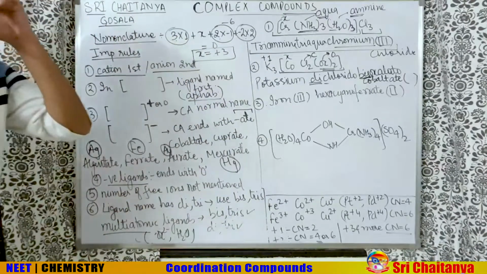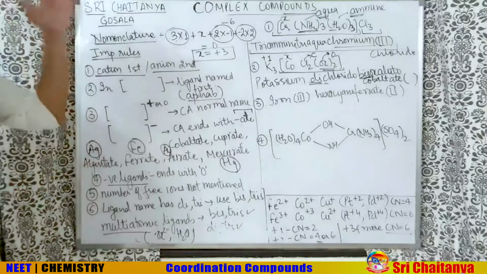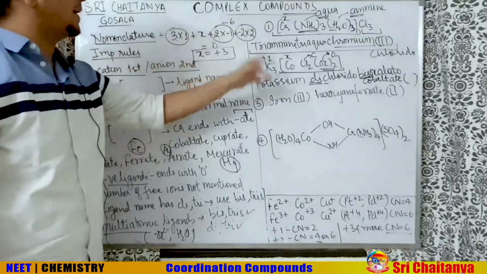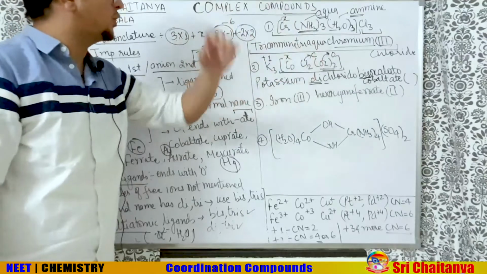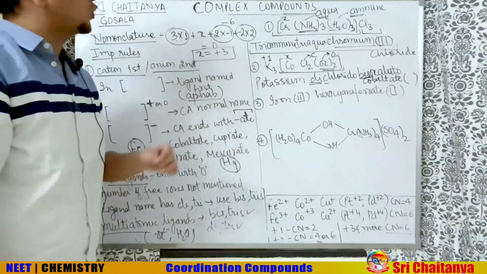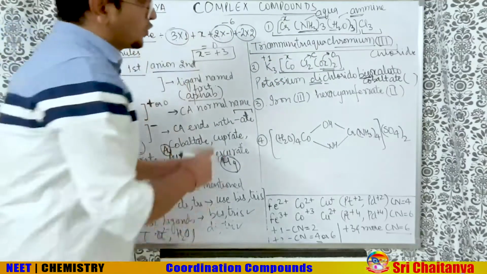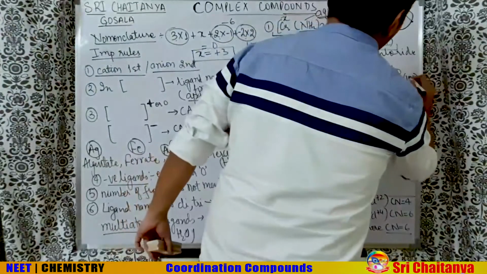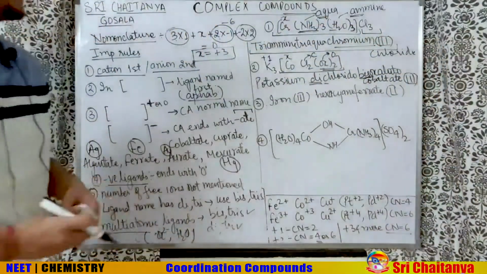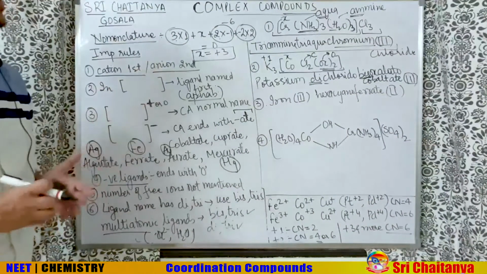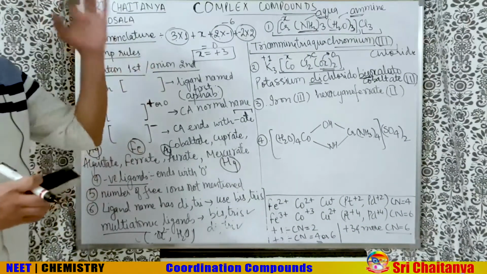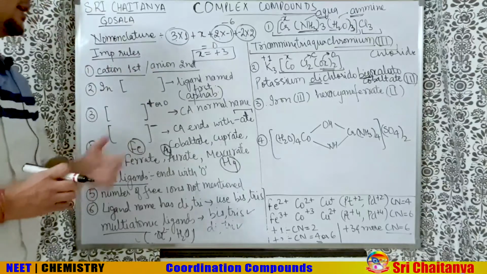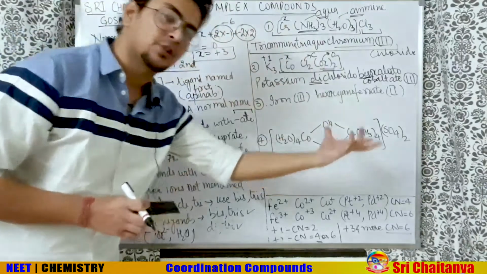You can solve it in your notebook also right now and check that 3 into 1 plus X plus 2 into -1 for chloride, and -2 into 2, in the beginning also I told you oxalato is -2. X will come out to be +3. So what is the oxidation state I will get here? +3 I will get here. So third I will mention. So potassium dichlorido, di or bis, anything I can use, oxalato, cobaltate. Why cobaltate? Because the box was having a negative charge.